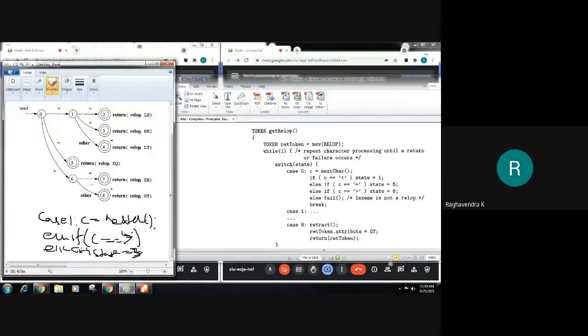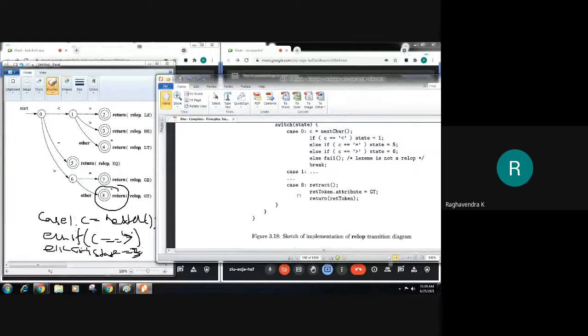So now corresponding to case 2, we have to write cases for case 2, case 3, case 4, and so forth. One such state for the final state, or the accepting state, has been written here. You can observe what we do when we reach the accepting state or a final state. The same thing can be repeated for all the final states that are present here.